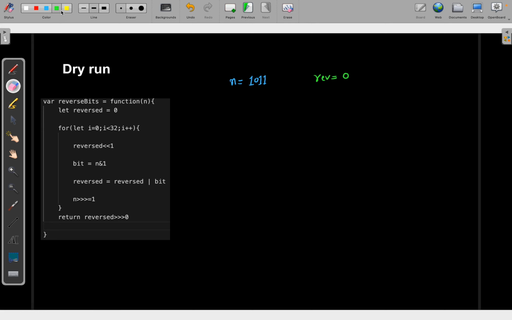And what I will do, I will first simply start a loop that will run 32 times. So this is 4 bits, so it will run for 4 times. Okay. So reverse will first be left shifted by 1. Sorry, this is a left shift. If I do reverse left shift, it will add one more 0 into it. And then I will take a bit that will be n and 1. So 1 0 1 1, and if I am taking 1 with AND, it will give me 1